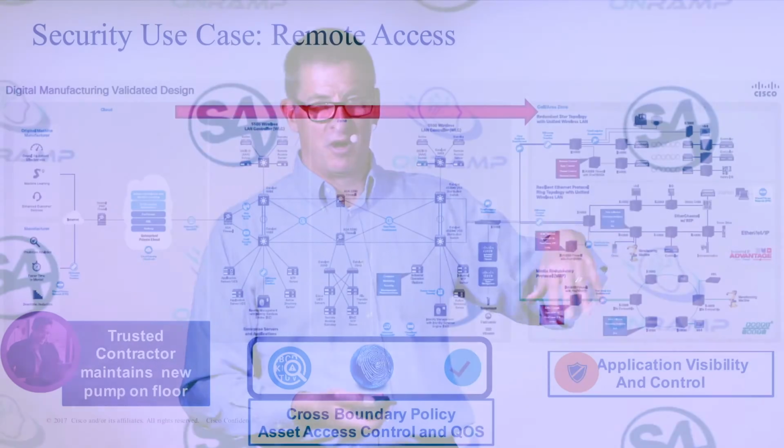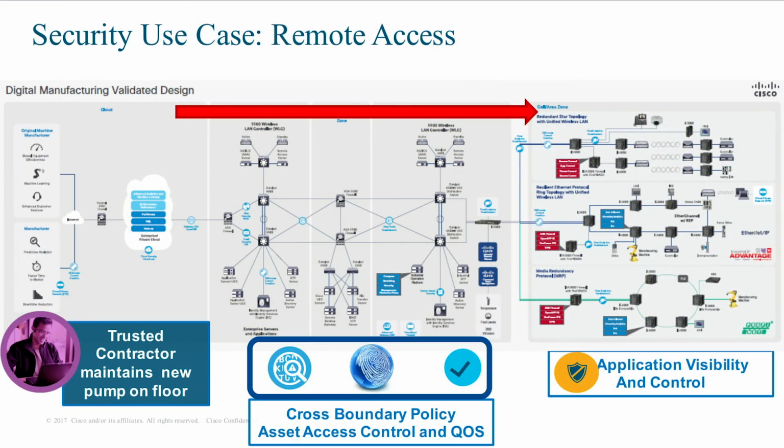And then finally, this wonderful point of remote access. Somewhere out in the cloud or somebody else's network environment is the tech. That tech needs to go across the internet, across the enterprise DMZ, across the core of the network, across the industrial DMZ, and gain access to one particular asset that they're actually in a position to do work on in this factory environment. It's the ABB technician who has to deal with the ABB pump. He should not be dealing with the FANUC robot, right?